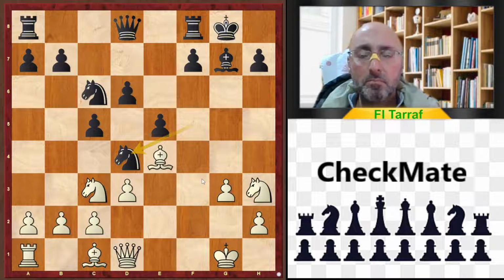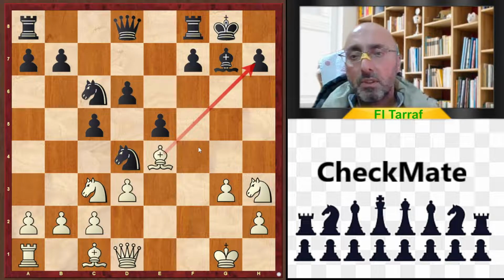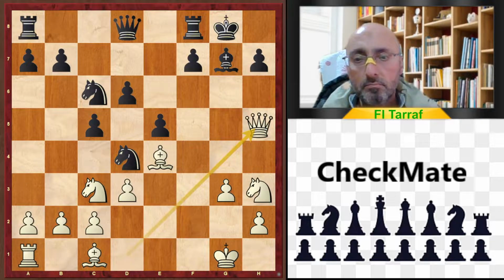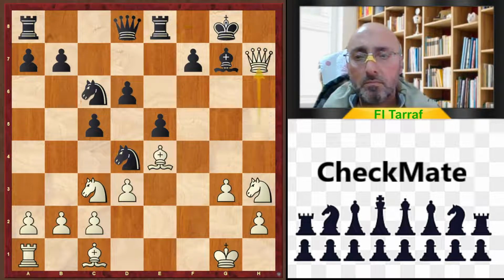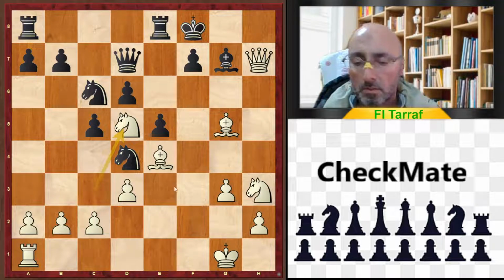In the game, black chose to play the bad move knight f to d4. Notice that this diagonal should be blocked. Queen to h5, now threatening checkmate, and if rook to e8, queen h7, king f8, bishop to g5, queen d7, knight to d5,